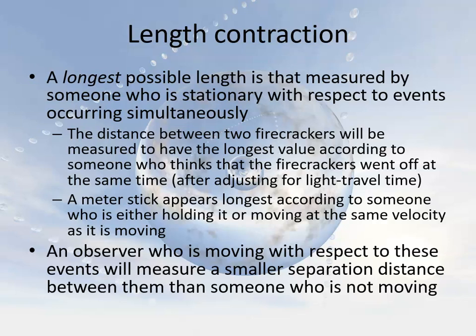However, if somebody else is going by me at 80% of the speed of light, they're going to observe that ruler to appear shorter, assuming that they're moving along the direction of the ruler's length. Now, here comes the paradox. Let's say that Alice and Bob are trying to figure out a way to store Bob's pole in his barn. Now, Bob has a 20-foot long pole and only a 10-foot long barn.